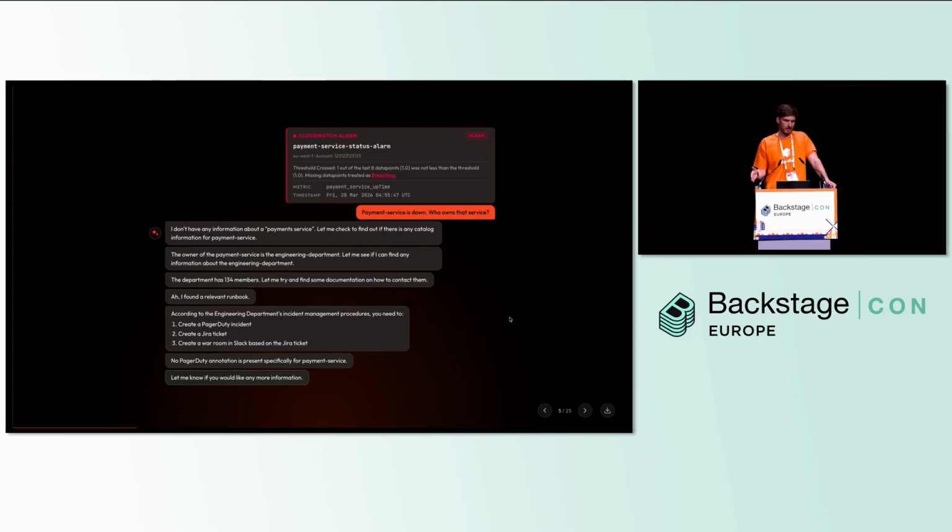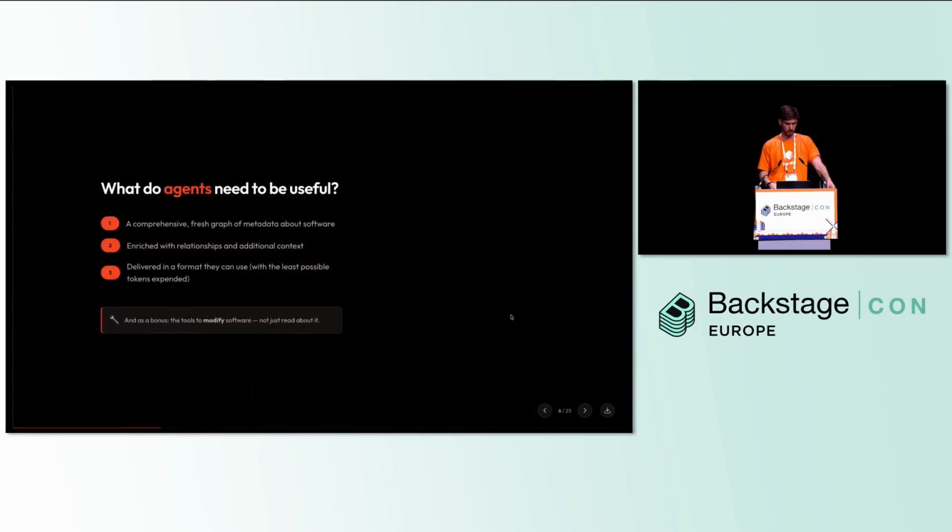In this case this was just prompted by a user, but in order for this agent to work, it needs more information. That information needs to be up to date. And fundamentally, it would be helpful for that agent to have tools with which to execute some change, right? And so we came up with these basic rules for what would be required in order for this thing to work.